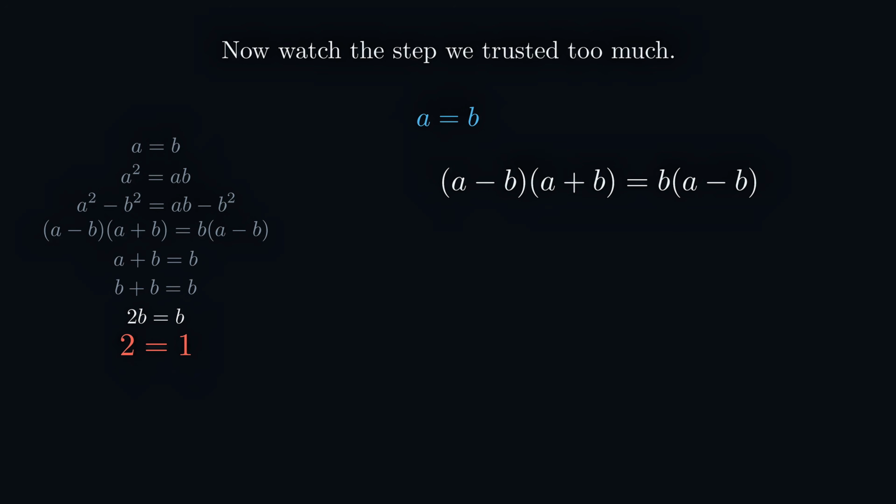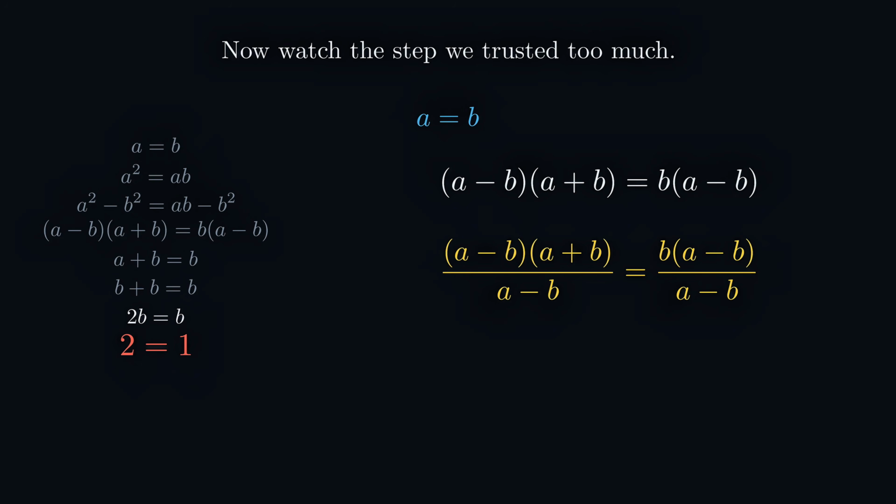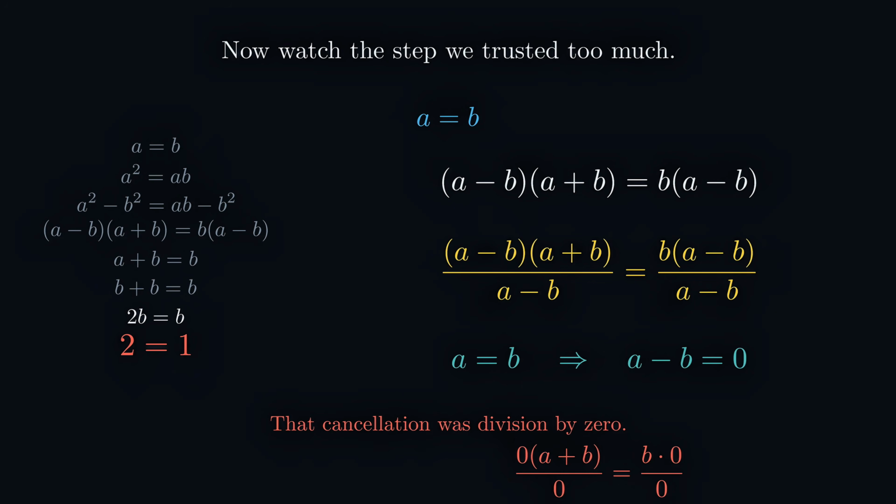After we factored, we decided to cancel out the a minus b on both sides. But wait a minute, if a and b are the same number, a minus b is 0, and by dividing both sides by that, we did division by 0, which is completely illegal in mathematics. So no, 2 is not equal to 1, but this holds a larger message as to how we should be looking at proofs. So I'm going to show you one last, more visual and more fun proof really soon,